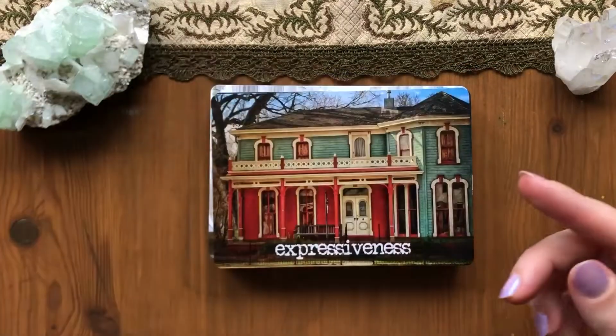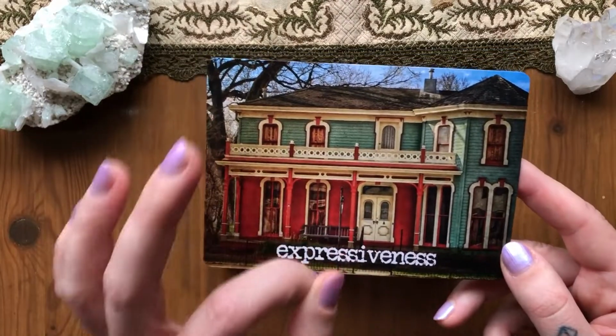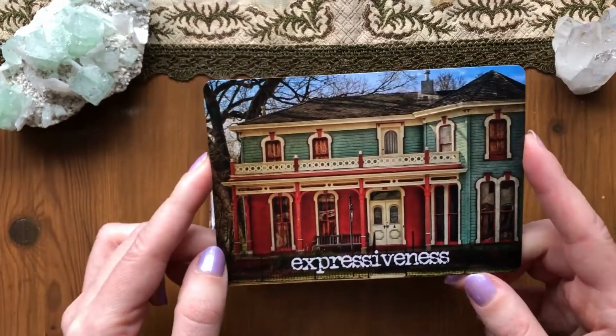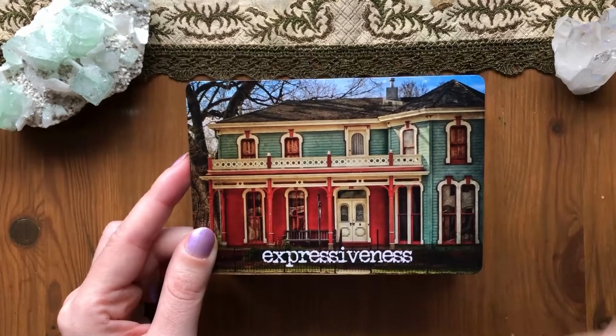I hope that makes sense. Okay, expressiveness, also a house I could just move in. I mean, honestly, I love these type of houses. I love the colors, and I wanted somewhere, you know, it talks about